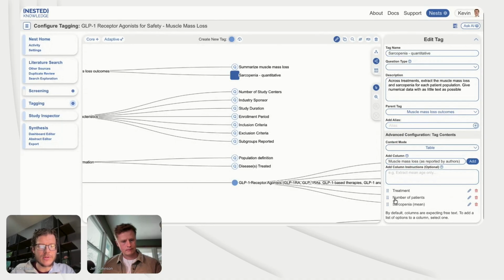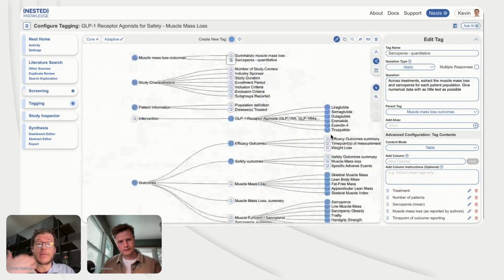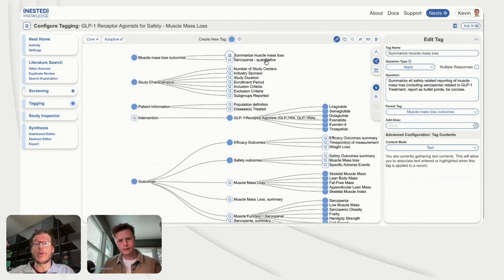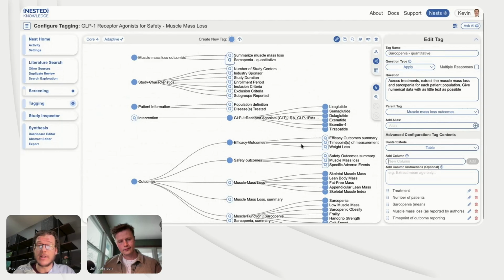And of course, I could put this down in the instructions too. So if I wanted to, I could put all this text down in the column instructions. And then I'm going to also ask for time point. So I can build a miniature Excel sheet into my question. I should make this a quick apply tag. And then we can ask either a qualitative question or a quantitative question of the AI and run those to